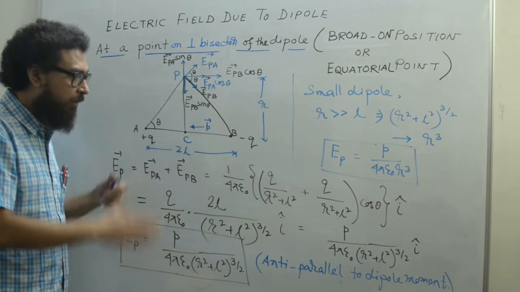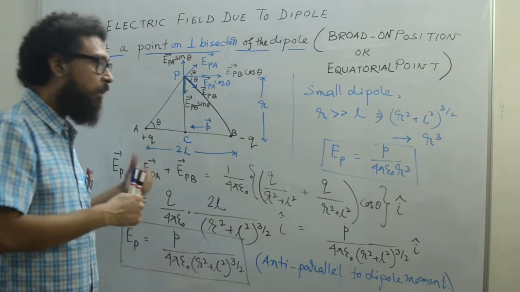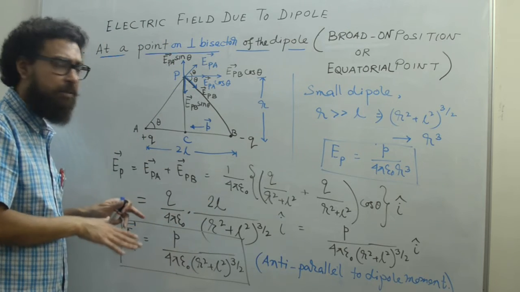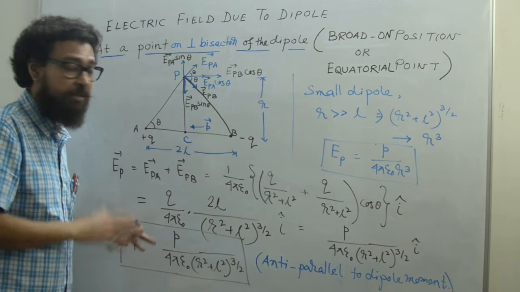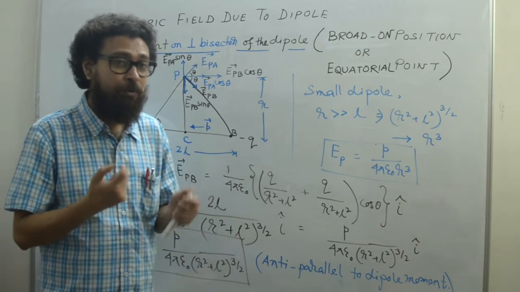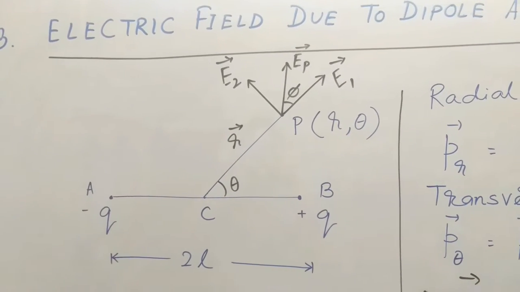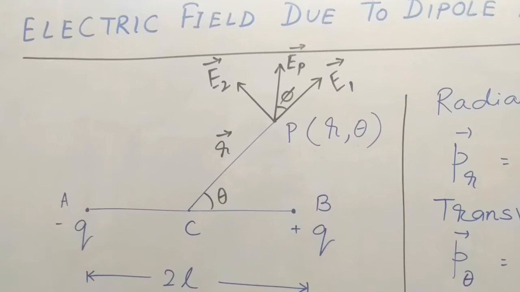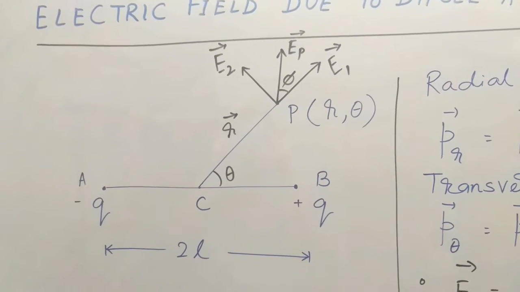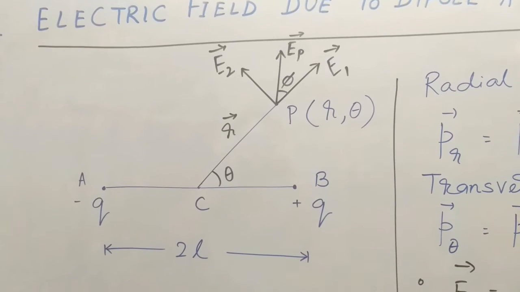Okay, sure. Now I'll come up with another part. One thing I'm skipping right now, I'll do it in the entrance part actually. Just copy these and practice these two derivations. Now I'll move into the part where we can do 2-3 numericals. We have already calculated the electric field on the axial point or end-on position, and also for the equatorial point or broadside position we have the expressions, and even for the small dipoles we have expressions.